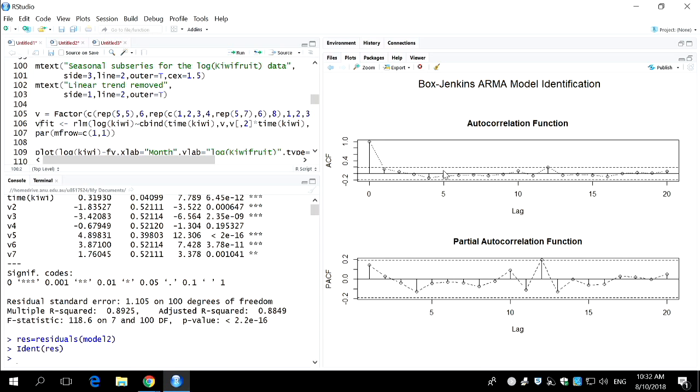And now it looks like white noise, right? Because even the first spike is inside, okay? So you've got choices now. You can either fit an AR12, in which case you've probably got a model that's overfit to hell, okay? Or you can say, well, I think I've got all the structure now, white noise. I don't know that the data is white noise. If I do a plot of the residuals,